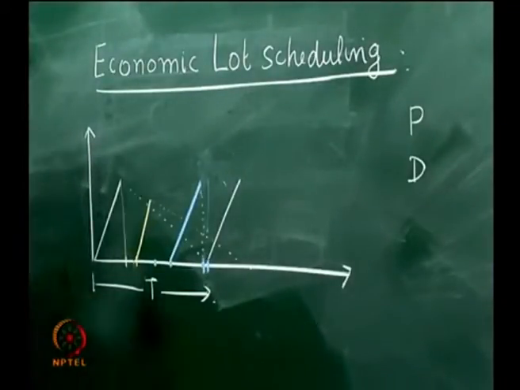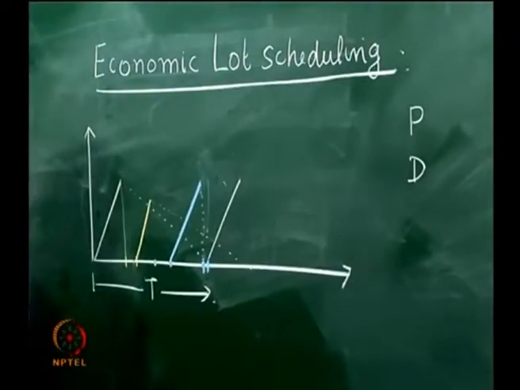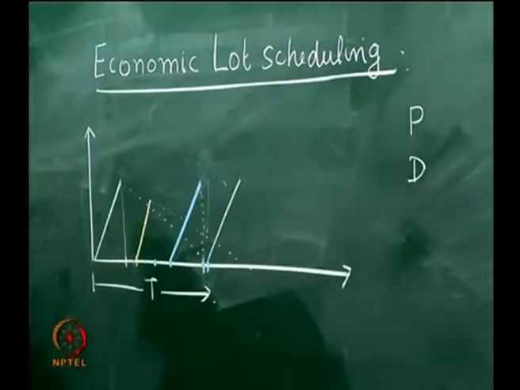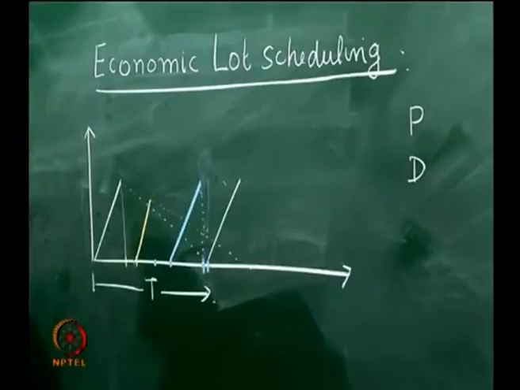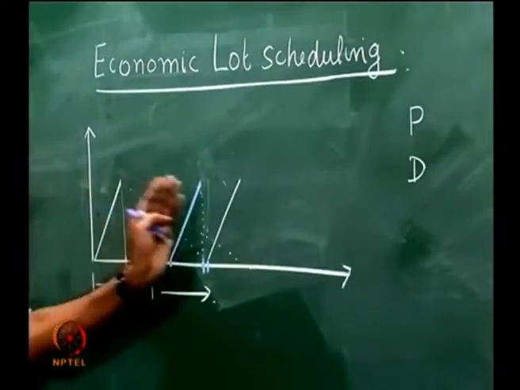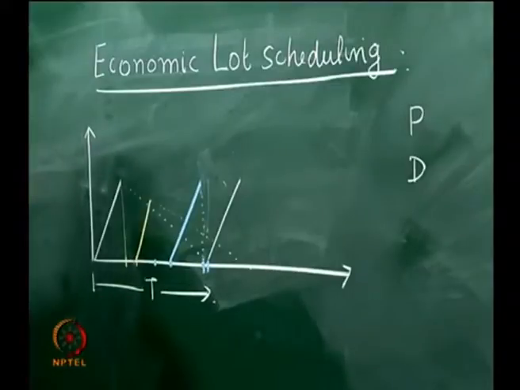Now, in some sense, when we worked on the economic lot scheduling problem, we are not unduly worried about the order in which we are going to make the white, yellow and blue products. Though the example that I am giving right now follows the order white, then yellow and then blue. Let us assume these 3 colors represent 3 distinct products. Once we solve the economic lot scheduling problem, whether we make it in the order white, yellow, blue or white, blue, yellow, it is the same, because the cycle time is the same for all of them.